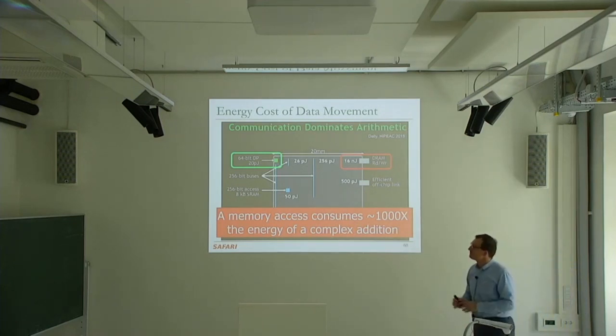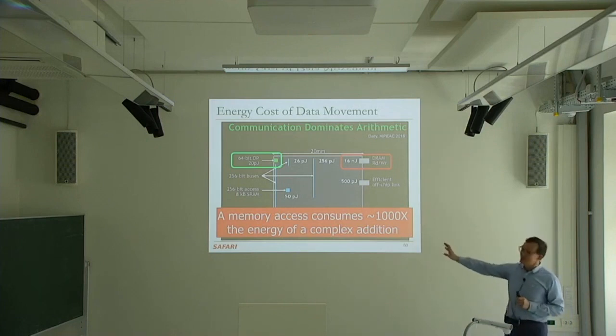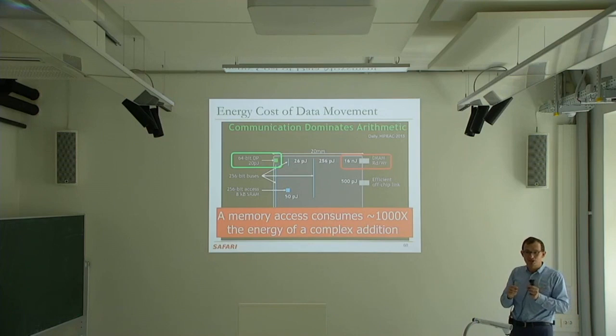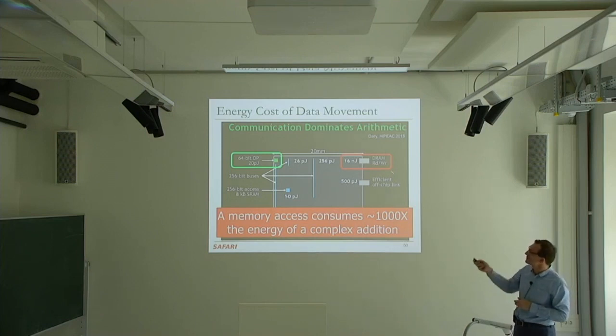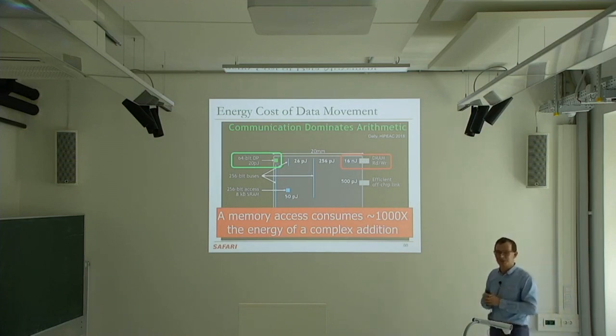Okay, so given this, it's good to ask the question: you want to do a double precision floating point operation. You need to bring 2 numbers, so you need to do 2 memory accesses. And then you compute the result. And then you write the result with 1 more memory access. And if you're never going to reuse any of that data, does it make sense to do 3 memory accesses to do that computation? Basically, you're wasting a lot of energy if you do that.